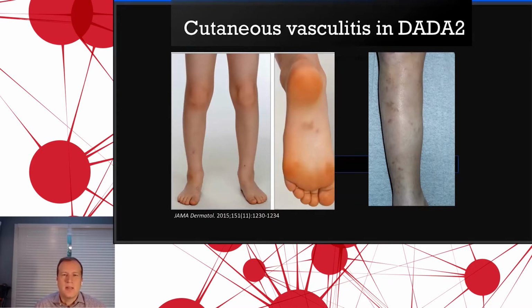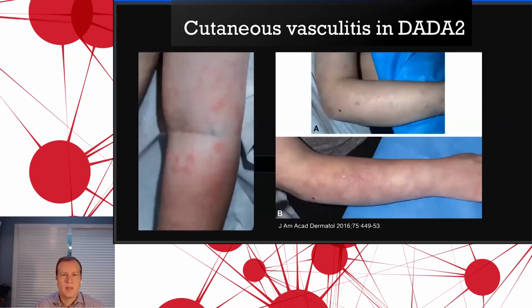Again, these features are impossible to differentiate from cutaneous polyarteritis nodosa. This is a vasculitic process involving the small arterioles and medium-sized vessels, primarily seen in the deep tissue, the deep dermis and subcutaneous tissue, in skin biopsies. Clinically, it presents as small inflamed nodules that are often tender to palpation, somewhat ill-defined, and a little bit different than the classic purpura you would see with leukocytoclastic vasculitis. The most common location is the lower extremities, but we certainly see involvement of the upper extremities as well.